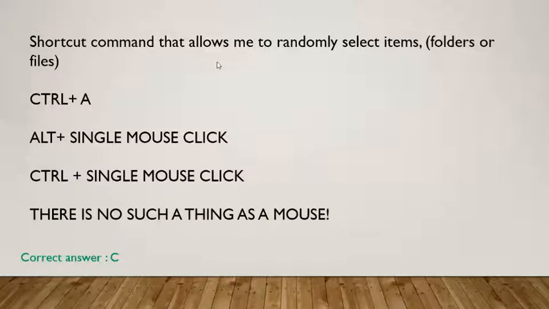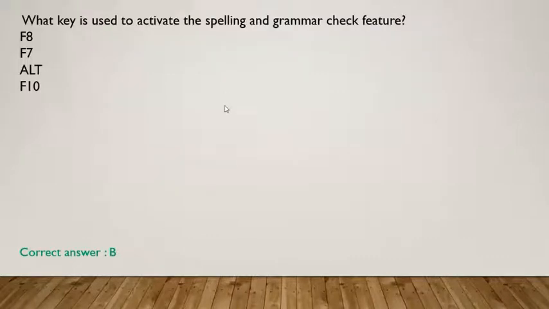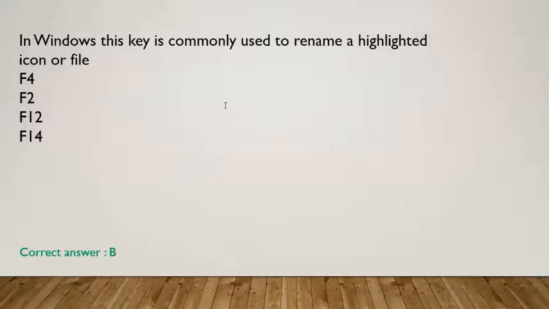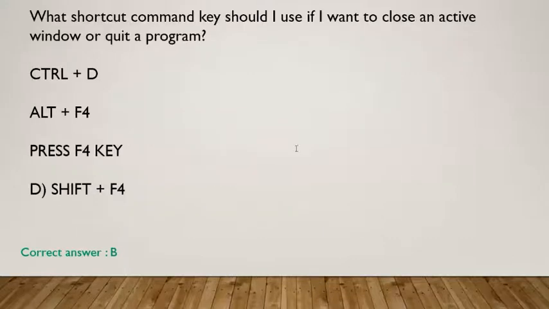So all these questions are taken from a prescribed computer textbook. Since all these are from the textbook, it is very important for you all, because the textbook has been prepared exactly towards the computer requirements of various examinations. Since commands are most probably asked in many of the questions, this will be very important for you all. So please keep on making notes for this. As I said, the shortcut command that allows me to randomly select items is Control plus a single mouse click.